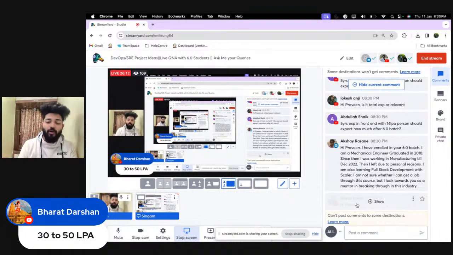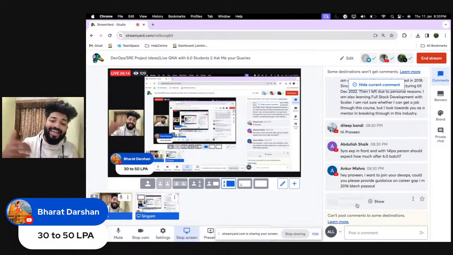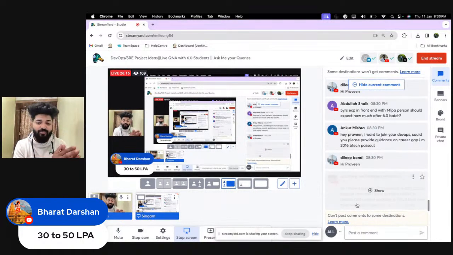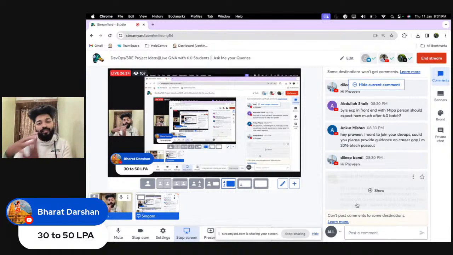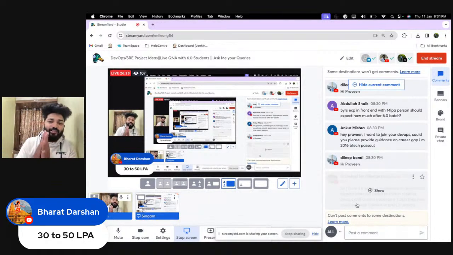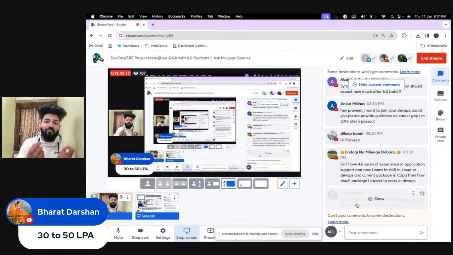The notes have been enhanced from the previous 5 batches. For every command and every description you will get class notes, along with Linux, Kubernetes, and Docker class notes. This batch, we are targeting more freshers. I want freshers to get placed from the 6.0. Let's see how it goes.